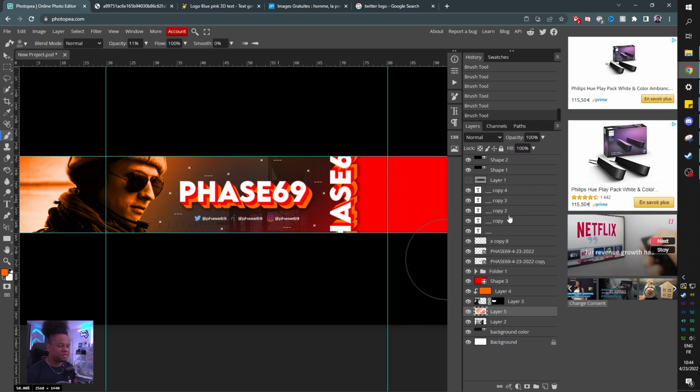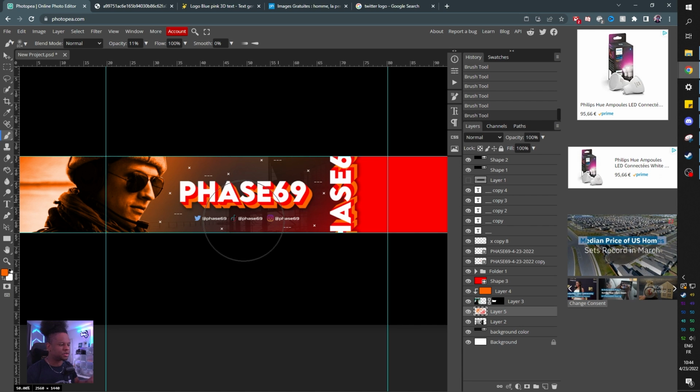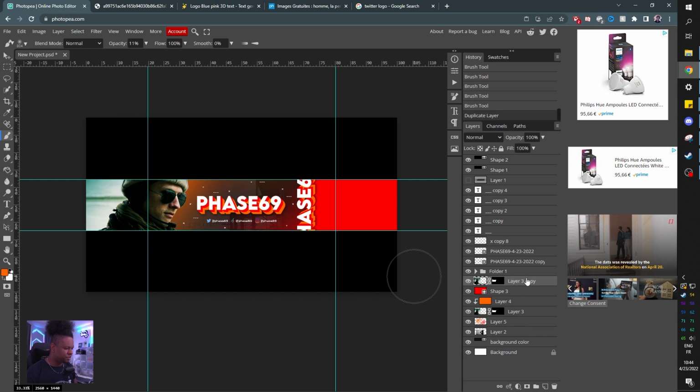The only text that you can modify is going to be the socials. Again, I taught you how to make it from scratch, so technically you shouldn't need my help to do that. I'm going to duplicate the aviator. I want him to be on the right side also. I'm going to put him on top of the red here.